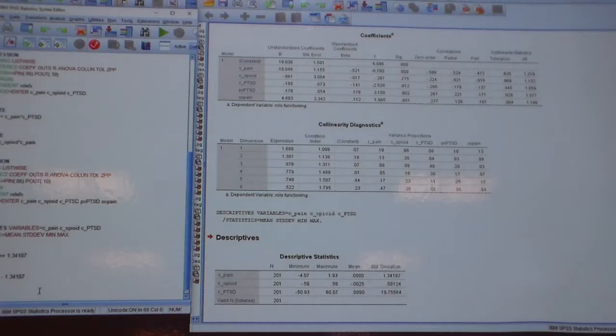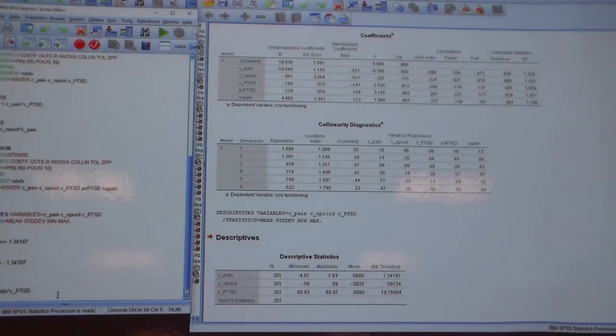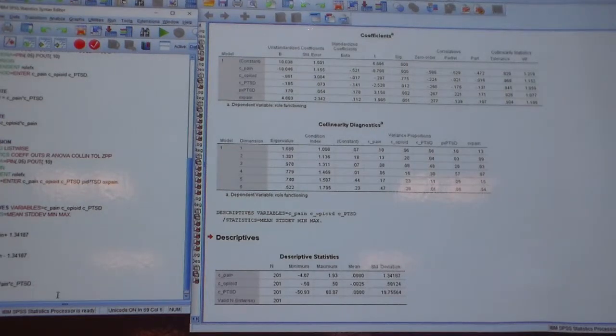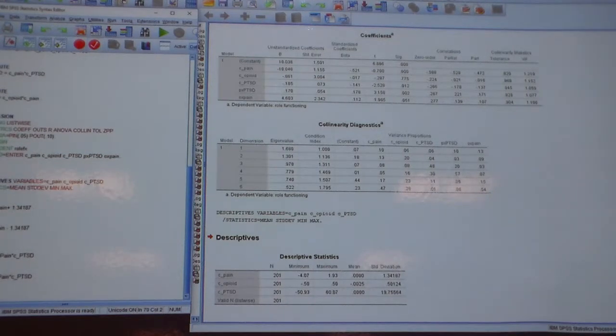And then what I'm going to do, low pain times PTSD equals low pain times centered PTSD. Compute. Pain times PTSD and